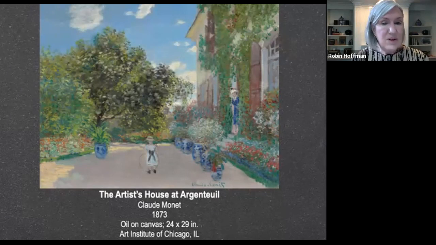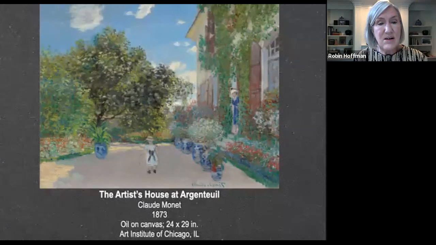By this time, 2 years after they had rented the house, the flowers were in full bloom, and Monet had begun to use the garden in his paintings, and the series of Dutch blue and white pots had probably been purchased by Monet on a trip he had taken to Holland.